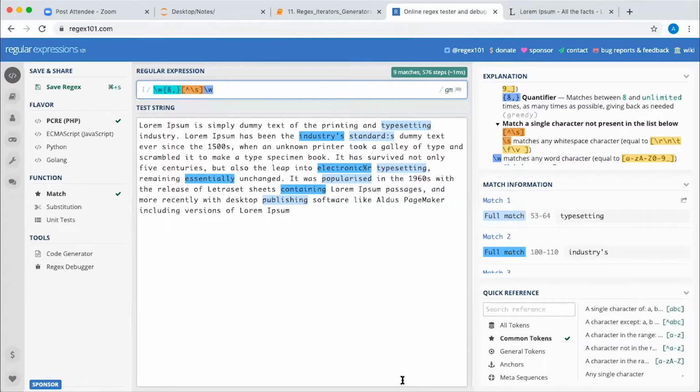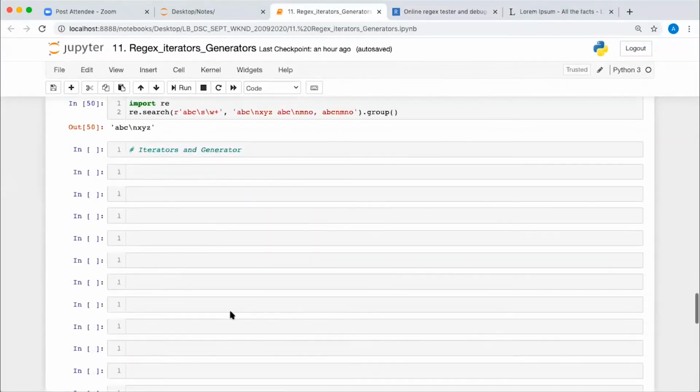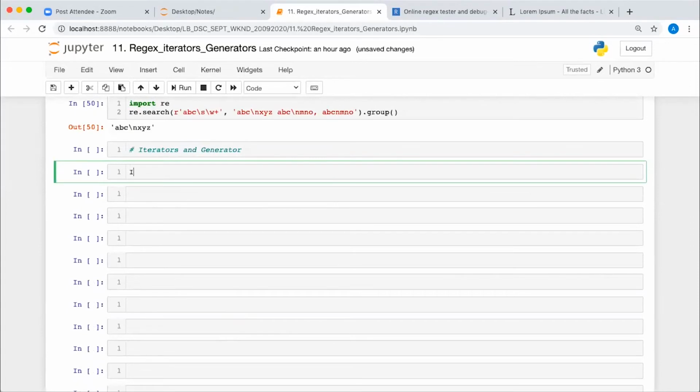As of now, when we have gone through the loops, we have seen an iterator object. Okay. So what is an iterable?